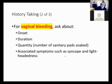What is that? We're going to get a lying supine blood pressure and heart rate, and then we're going to sit the patient up and get a high Fowler's blood pressure and heart rate. What would tell you that your patient is starting to become hypovolemic? If their heart rate goes up when you raise the head of your cot straight up, and possibly even the blood pressure drops a little bit, you call that a positive tilt test. This is the tilt test, supine to high Fowler's, and then standing. We usually don't have them stand in EMS, but if you hear somebody talk about a tilt test, that's what they mean. We get vital signs when our patient's supine, sit them straight up and get vital signs again, and look for any change that would indicate possible